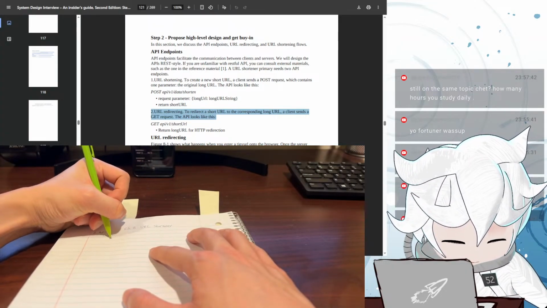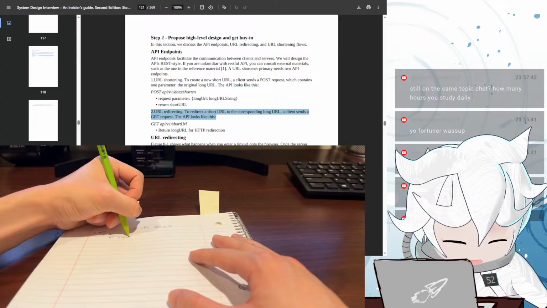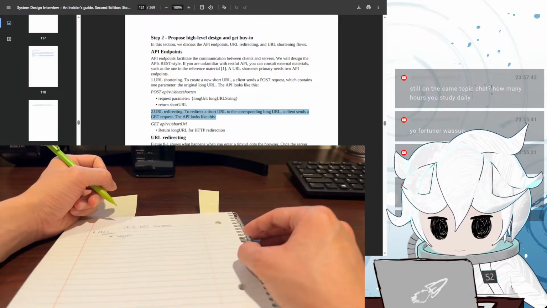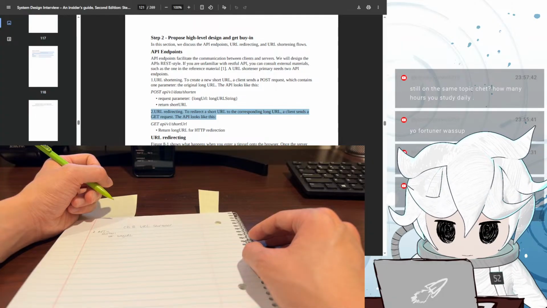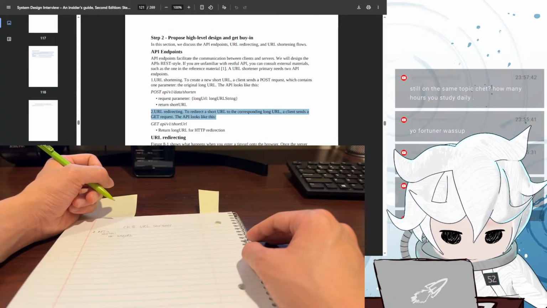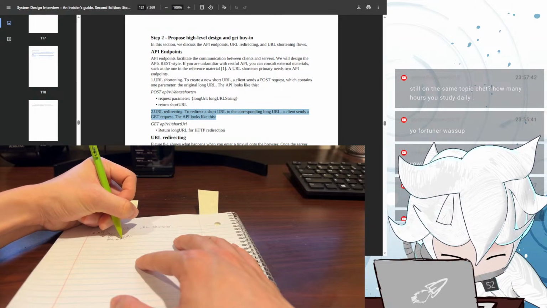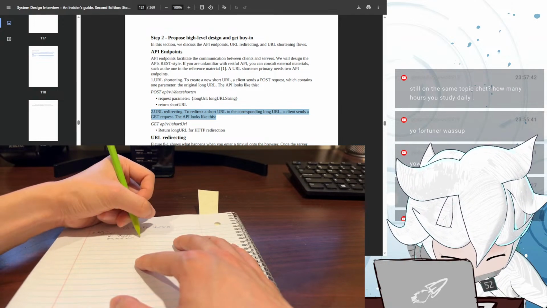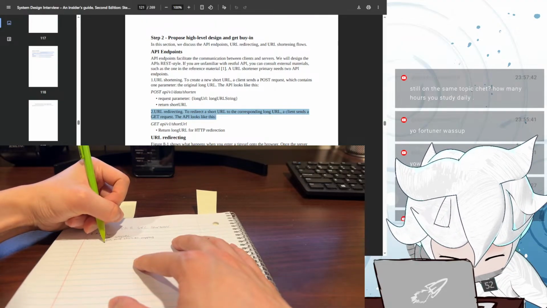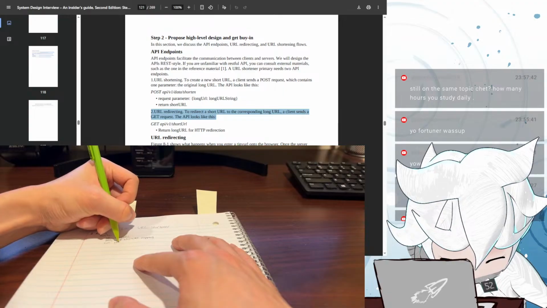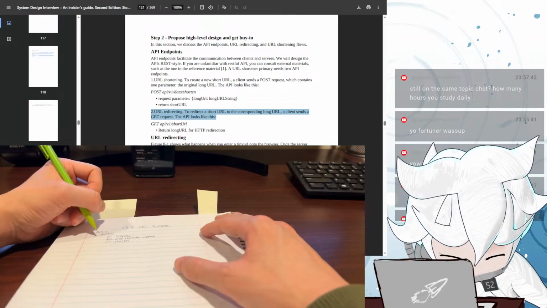Okay, so the shorten URL API, you take in the long URL as a string maybe, and then you would generate the short URL, store the mapping, and then return the short URL.